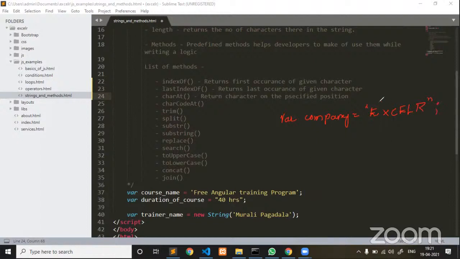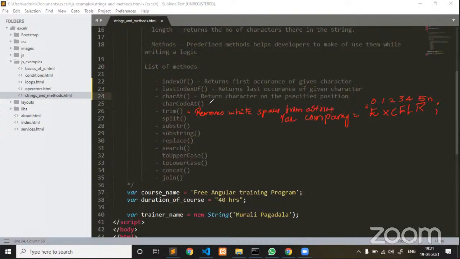Now, 0th index, 0, 1, 2, 3, 4, 5. In case any empty spaces are there at the beginning or ending of a string, and you want to remove the white spaces, the trim method removes white spaces from a string.